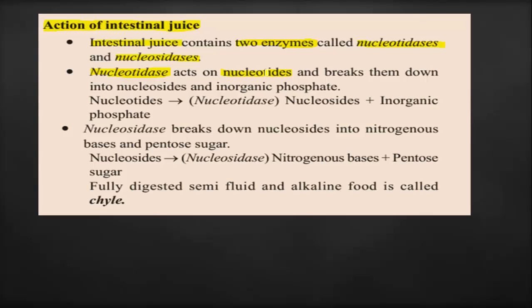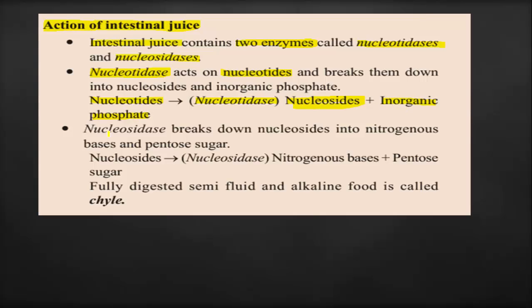Ribonucleotides. The nucleotide molecule is acted upon, or broken down, by nucleotidases. See, the nucleotide is acted upon by nucleotidase. The products of this reaction are nucleosides and inorganic phosphate, because when a nucleoside combines with inorganic phosphate, the resultant molecule is called a nucleotide. When the same nucleotide is broken down or digested by nucleotidase, the resultant molecules are nucleosides